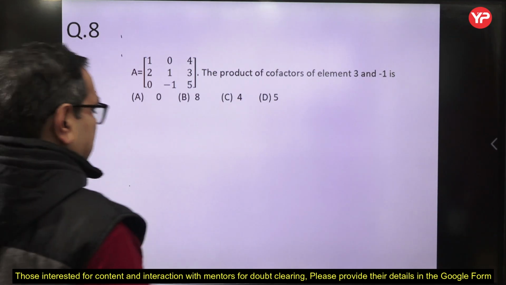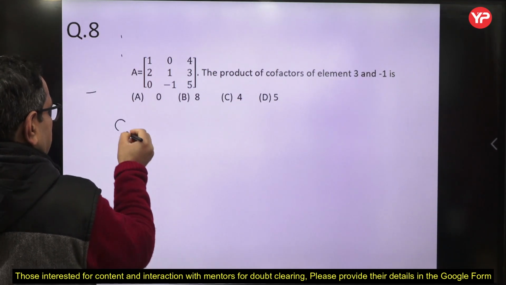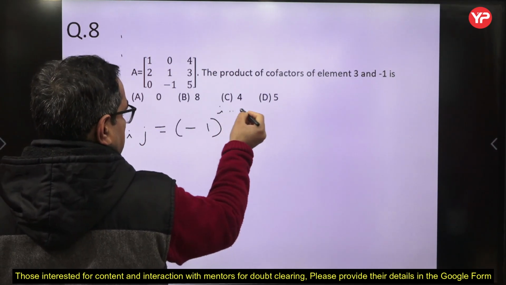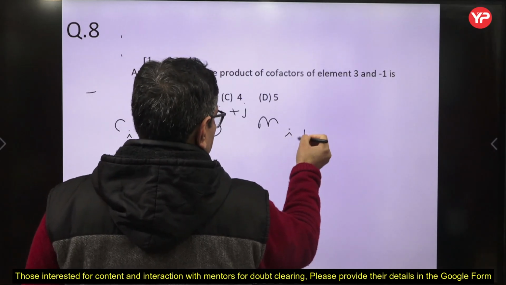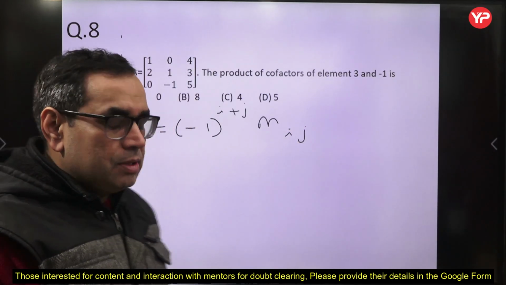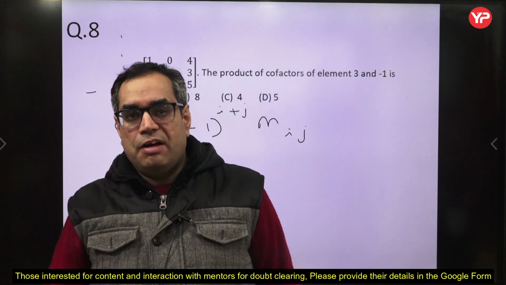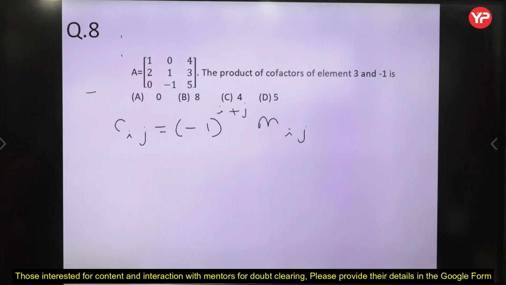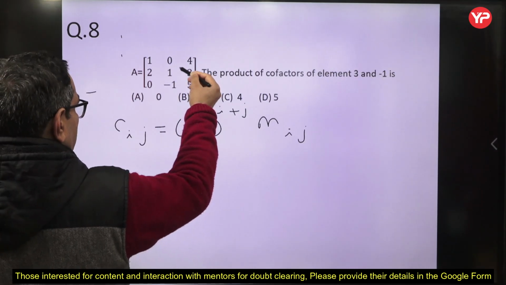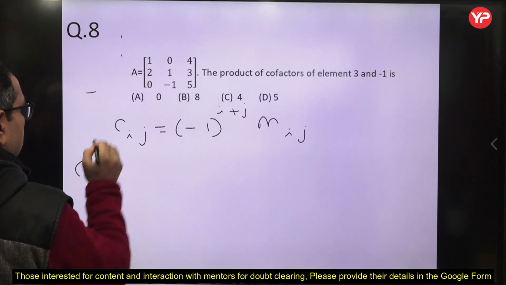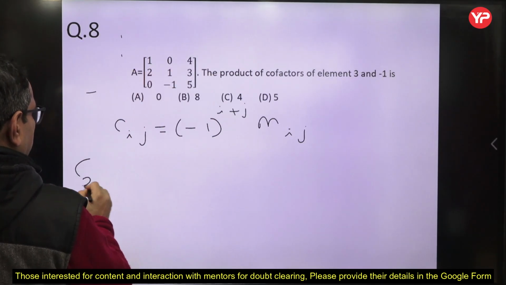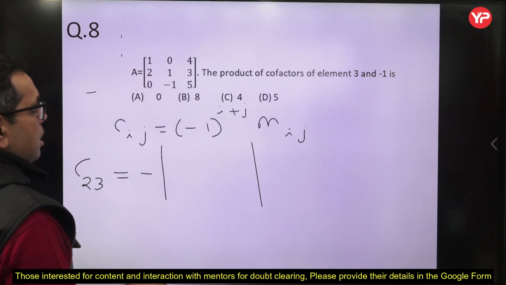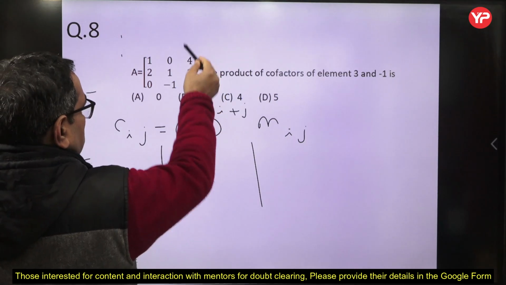So cofactor, we know that cofactor Cij of an element Aij is given by the formula -1 to the power i plus j multiplied by Mij, okay, where Mij is the determinant of the submatrix which remains after deleting ith row and jth column, okay, this is the formula. So for element 3, this one is 3, what is the cofactor? C, second row, third column, C23 we have to compute. So minus sign and then determinant of the submatrix after deleting this row and this column, okay.